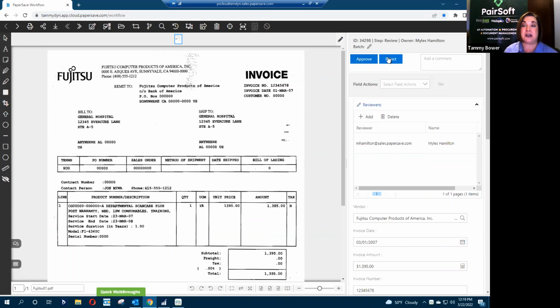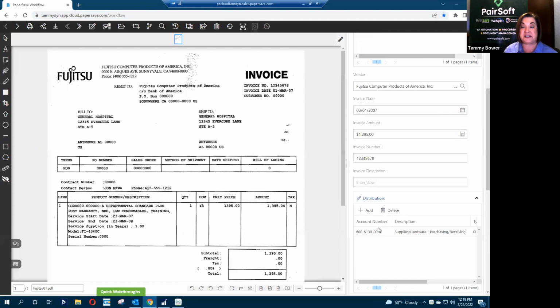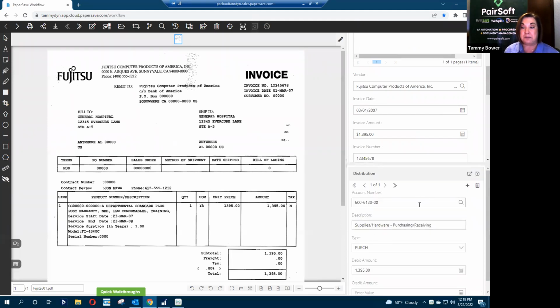But approvers really are just going to approve or reject, except for those approvers that you've said need to put in the GL distribution, right? So again, that could be something that isn't done by accounting. Maybe it is done by your approvers. You want them to put that in.